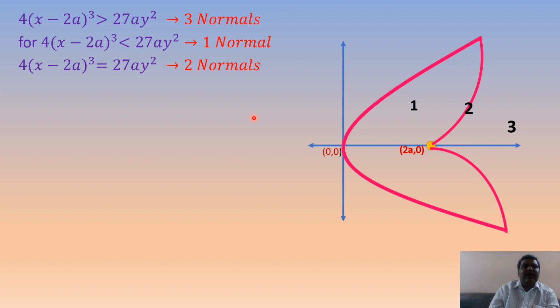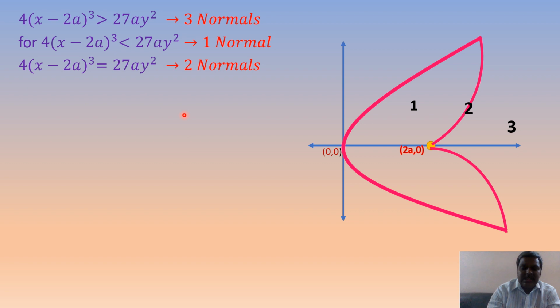So many types of parabolas are there. For those parabolas, we can't use this concept. We can't go for these formulas. So how to solve those problems? How to write the number of normals drawn from a given general point to the general form of the parabola, whatever it may be, in the form of x minus h whole square is equals to minus 4a into y minus k, like that. So we no need to use these formulas. I will give the general procedure for that one. I explain the procedure by using the above concept.